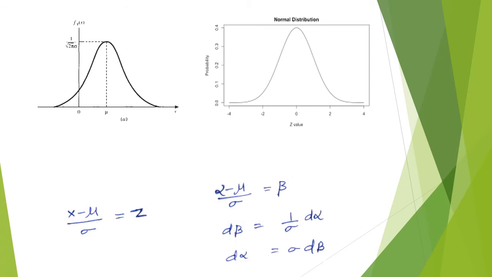Now if you find d beta, that will be 1 by sigma, because you have to find the derivative here, d alpha, this will be constant, so 0, so here divided by sigma. So d beta is equal to 1 by sigma d alpha, and d alpha will be sigma times d beta. So if you substitute those things